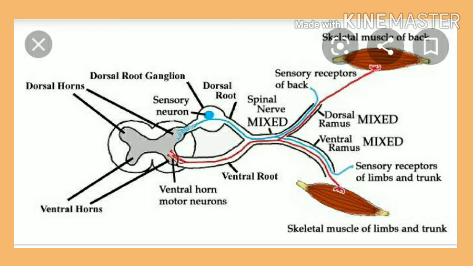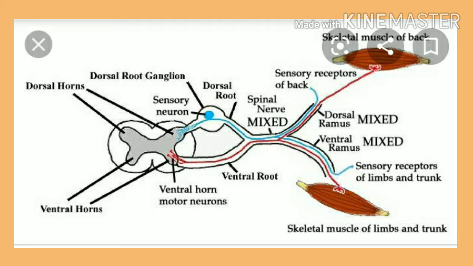Each spinal nerve is formed inside the neural canal of the vertebral column by two roots, that is the posterior or dorsal sensory root, and the anterior or ventral root. You can see here in this diagram. The dorsal root receives the sensory nerve from the dorsal root ganglion, while the anterior or ventral root gives out the motor nerve. Means the dorsal sensory and ventral motor nerves together form the mixed spinal nerve.